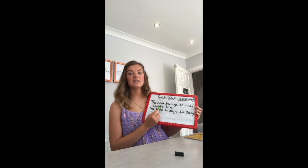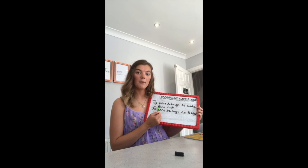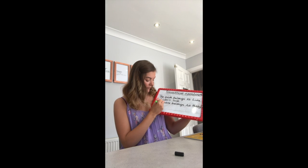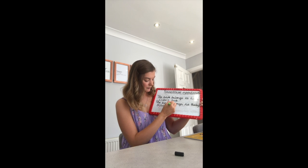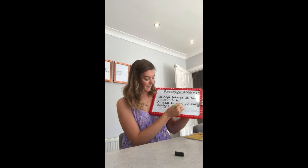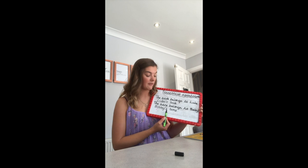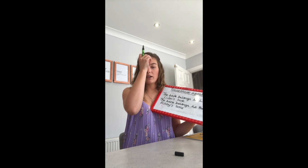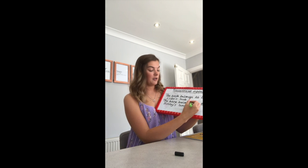And simply by putting that apostrophe in the name, it's automatically telling me that that book belongs to Luke. Same here, the bone belongs to Bobby. It can become Bobby's bone. By putting that possessive apostrophe in there with an S after, it's showing who the bone belongs to, so that you could then go on to write a better sentence. So the bone belongs to Bobby and he was da da da da. You could just put Bobby's bone was